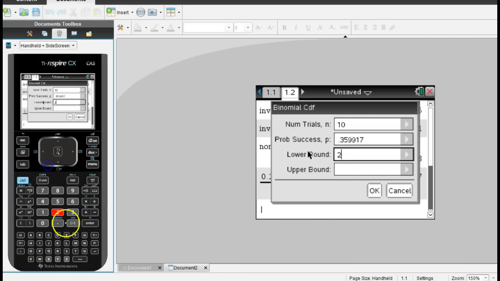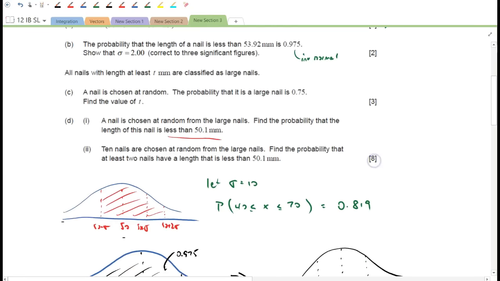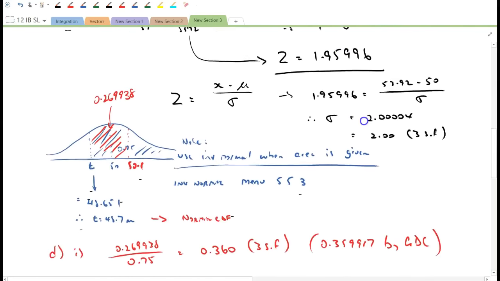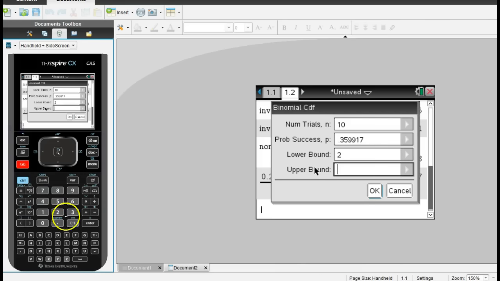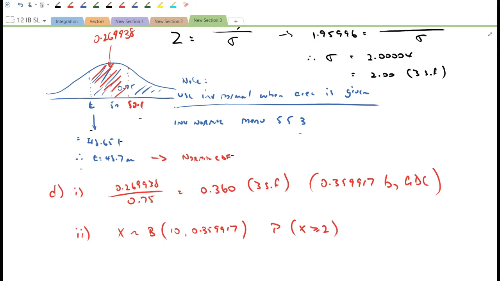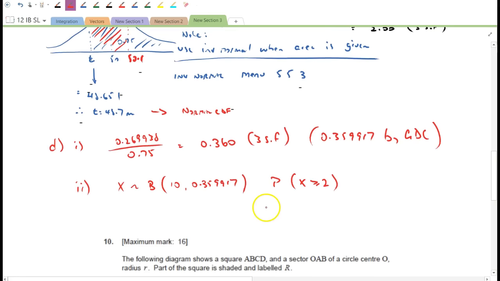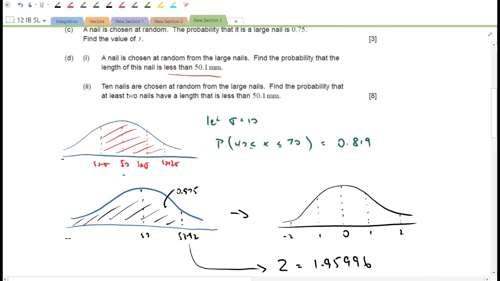Our lower bound is 2, because I think we're looking at 10 nails are chosen, and the probability that at least 2 nails are chosen, so 2 to 10. So we'll go back in here, 2 to upper bound 10. We tab down to OK and hit enter, and we get 0.924. And that's equal to 0.924 to 3 SF. And that is the probability that we get at least 2 nails